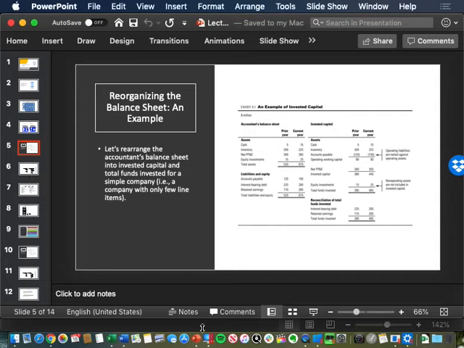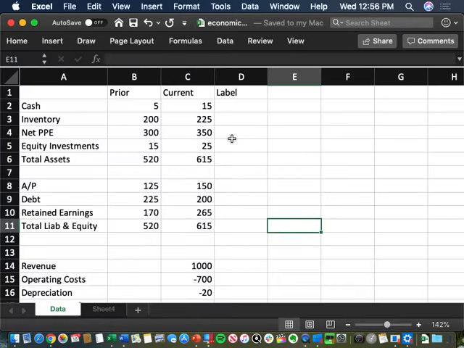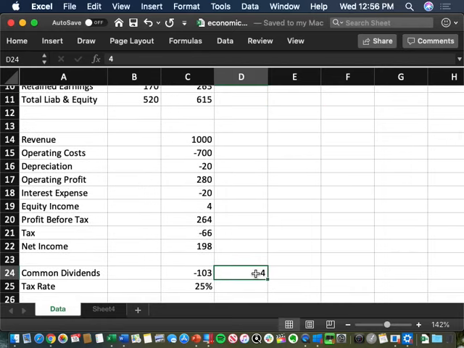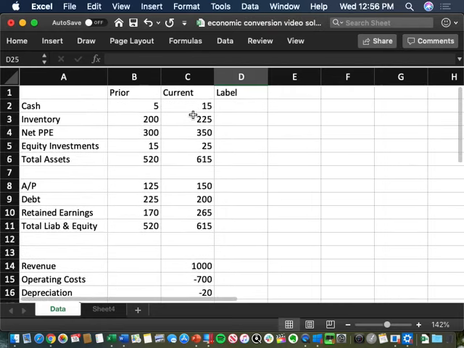All right, so let me start out with this simple statement that we want to convert. And in the book, they started out with a balance sheet. So this is the balance sheet. This is the simple income statement. So the first step in all this process is to label. As I said, this is a step that's unique to this class and Professor Perfetti's approach, but you'll find it will help you. So by labeling, what it means is we're going to go through each one of these items,